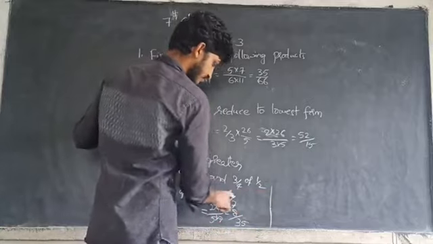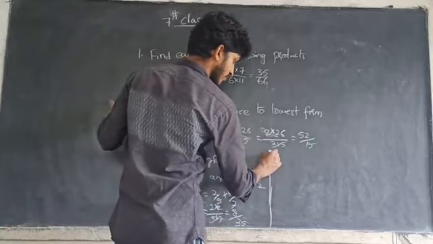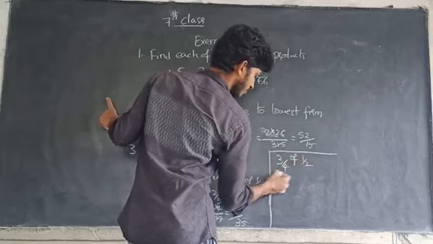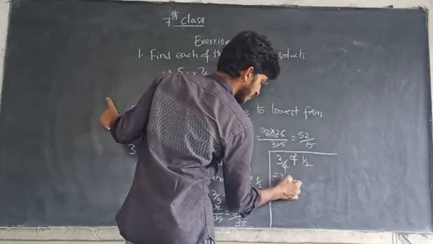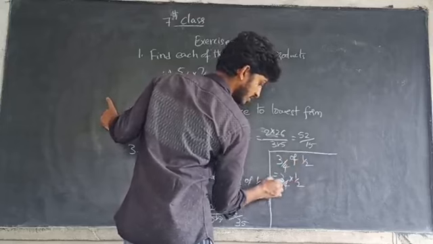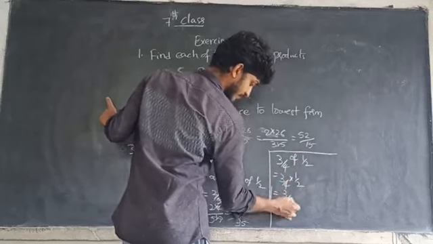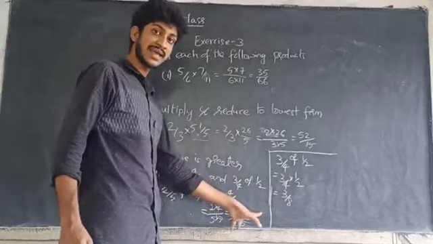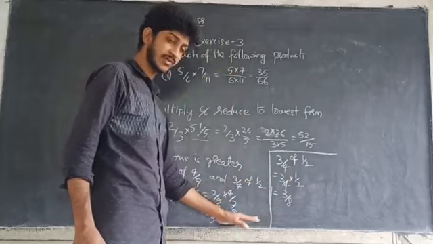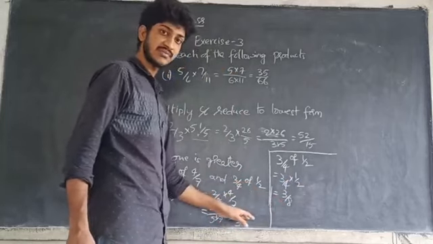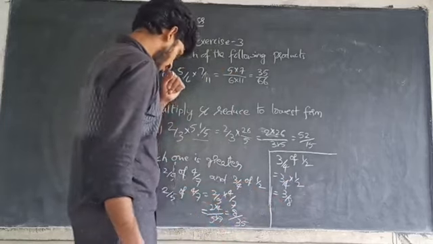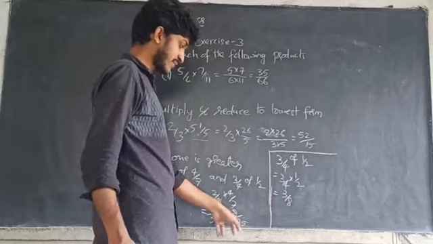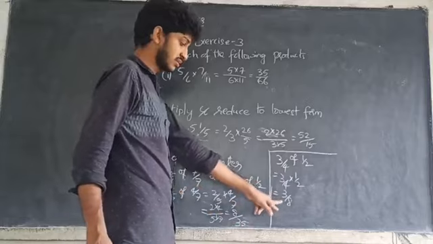Now 3 by 4 of 1 by 2. So we have to multiply these two fractions. 3 into 1 is 3, 4 twos are 8. Here 8 by 35 and here 3 by 8. These two are unlike fractions. Unlike fractions means the denominators are not the same. So we convert these numbers into like fractions. How to convert: simply multiply this number with 8 and this number with 35.